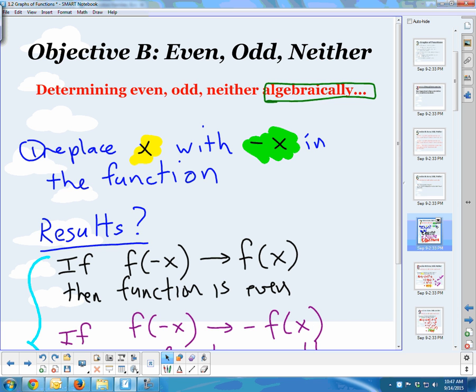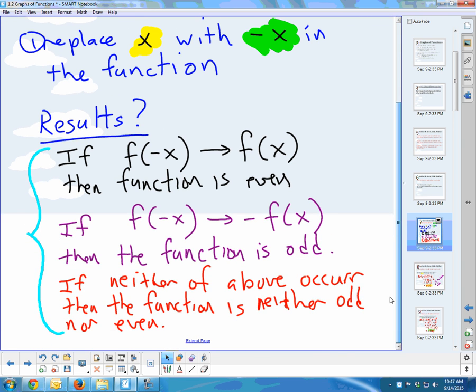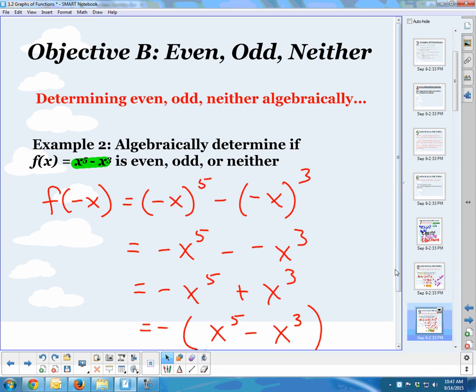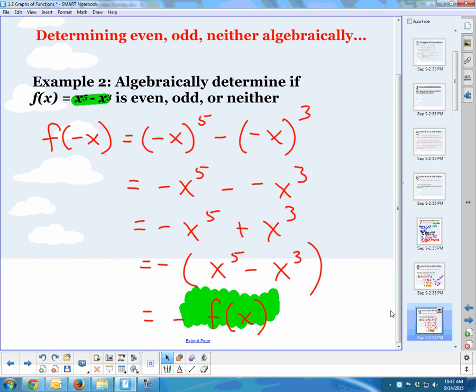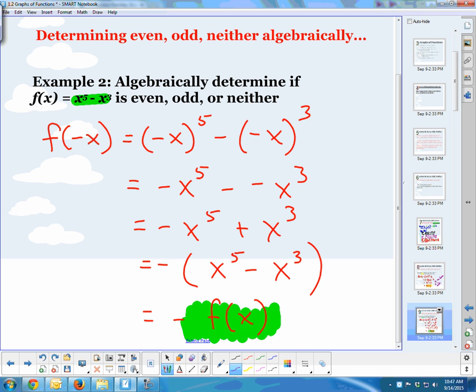And looking at my results again, that tells me, that's the result in purple, if f of negative x can be rewritten as negative f of x, then the function is odd. So in this particular case, I was able to take f of negative x, rewrite it as negative f of x. So I can say, in this case,